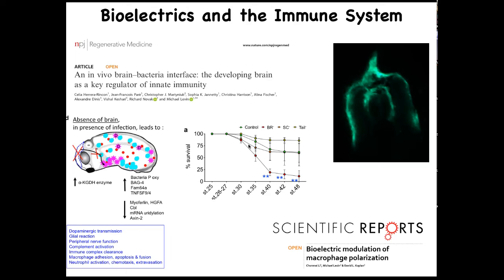So there's this really interesting interplay, and I don't have time to go into all the details, but you can catch that here, and even some information about macrophages and the adaptive immune system. But there's this really important interplay between the brain and the non-neural bioelectricity of other cells, and the immune response that leads to either tolerance or susceptibility, or to clearance of